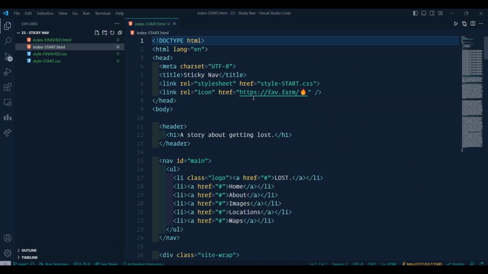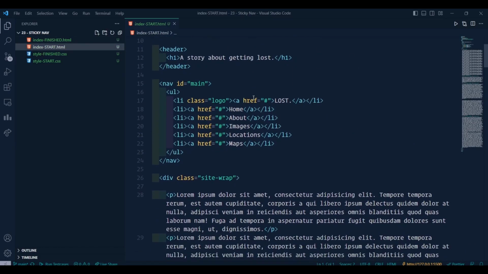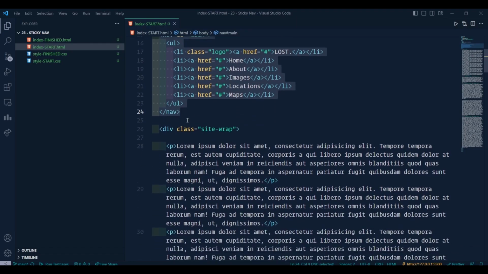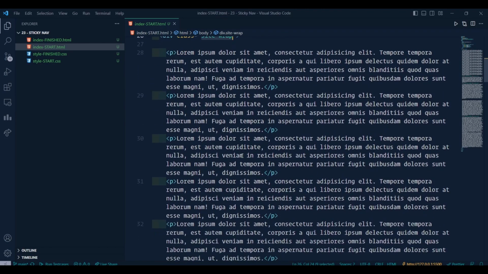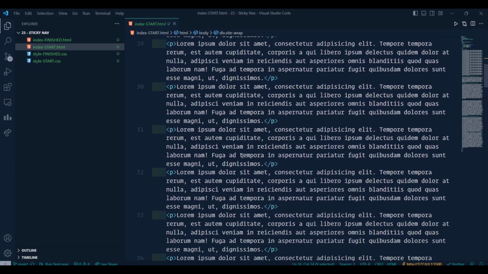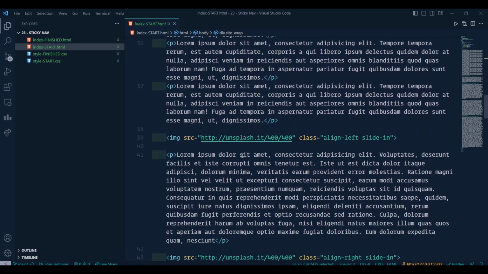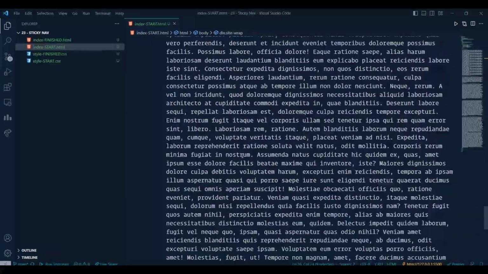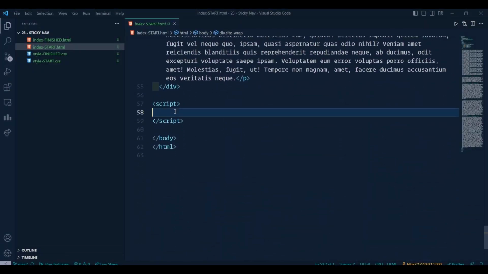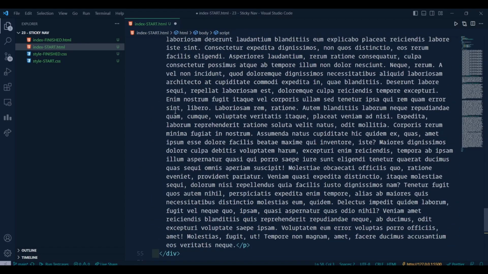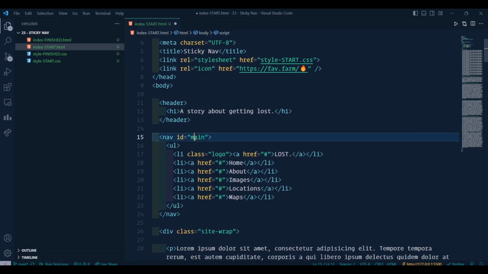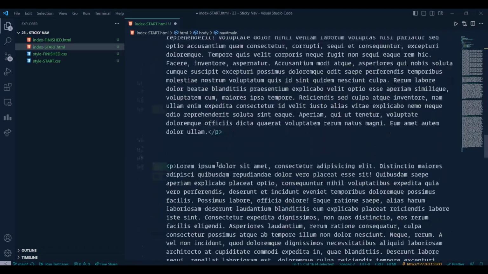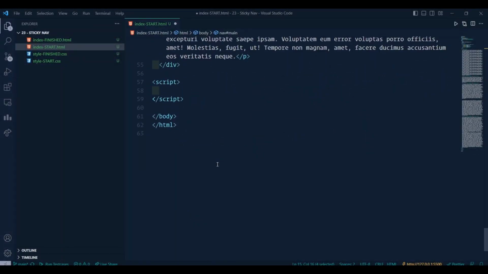So I'm actually going to our starter code. In our starter code we have basically a navigation menu and a div container that is actually site wrap. So inside our site wrap we have some text as our blog. So let's go to the script tag. So what we will do is at first take the navigation bar. So this is actually id main. I'm going to take this